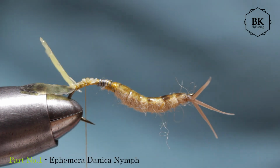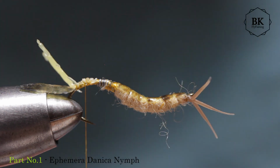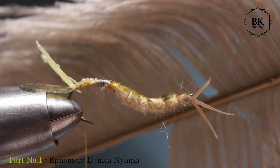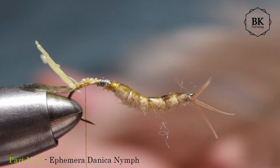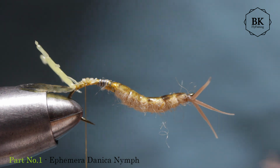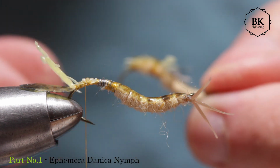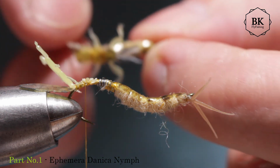So let's add just the gills, and I'm making these gills from the ostrich hair. I believe it should be a bit darker than the body, so I will add this cream color and I will paint it with a marker a bit. You can go for some marabou, something which will at least a bit move in the water, because they really move. Even I'm not sure if they move with these gills when they are rising up to the surface, because these nymphs usually